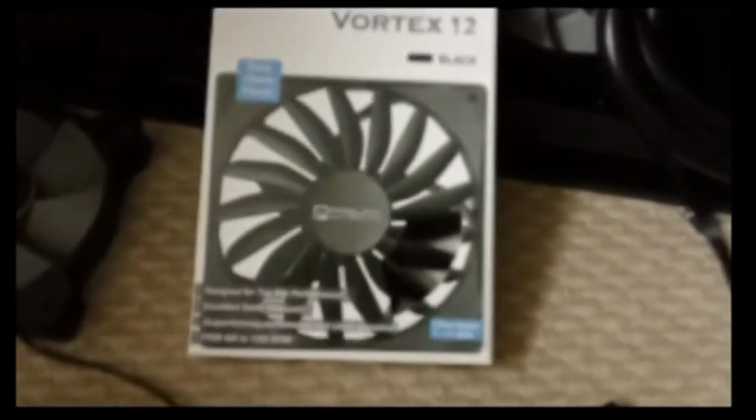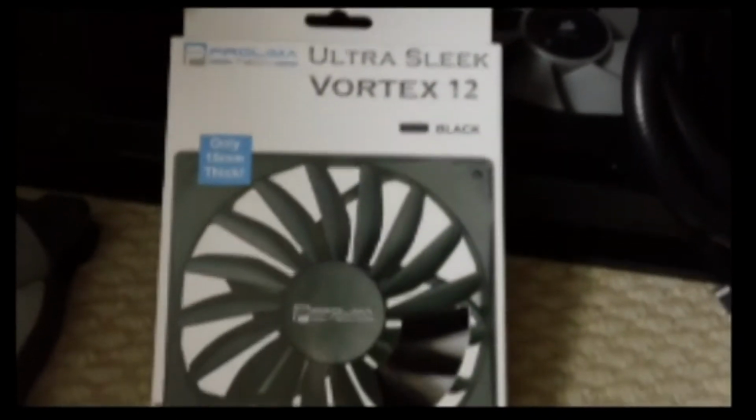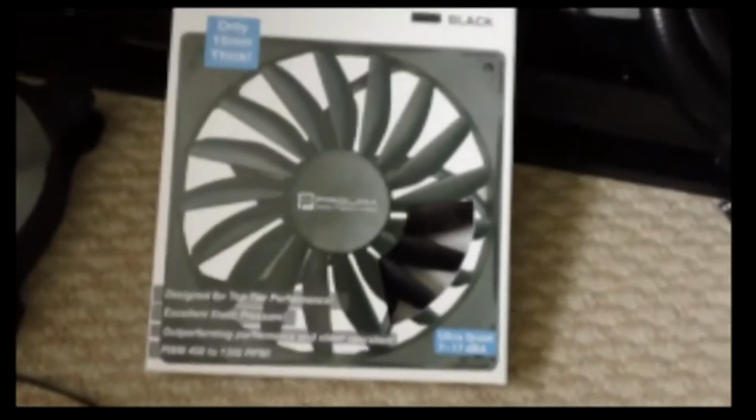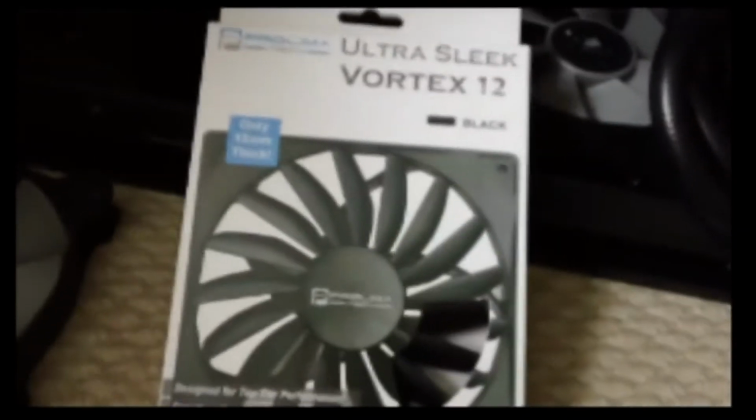So I wouldn't really want to think about doing that. So what solution am I going to do? Well, I'm going to use these, which is the Prolima Ultra Sleek Vortex 12. They're only 15 mils thick, not 25 mil. So if I take one of those,